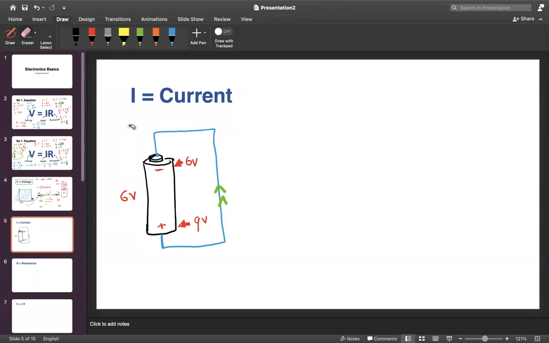So let me make this as a normal positive and negative, right? Have you ever connected the wire like this to a battery? Have you? Have you both ever connected a wire from positive to negative of a battery?